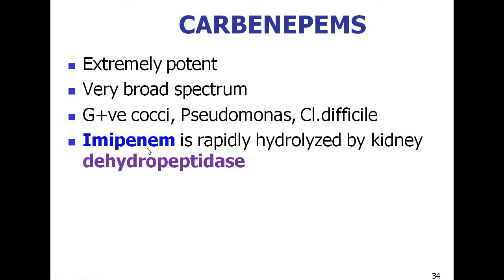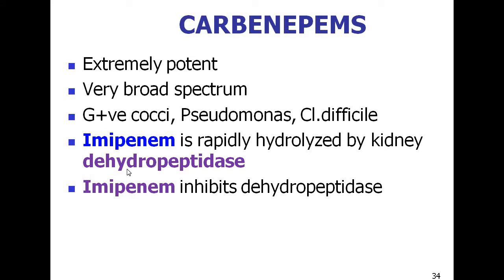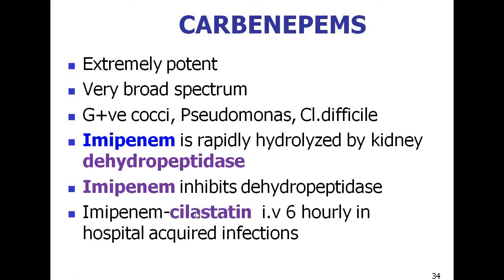Imipenem is a carbapenem. When it is administered alone, it is rapidly hydrolyzed in the kidney by an enzyme, dehydropeptidase. Now this can be prevented by combining it with cilastatin. There is a mistake here. Please correct this to cilastatin. Cilastatin inhibits renal dehydropeptidase. So imipenem is always combined with cilastatin, which is given intravenous every 6th hourly and is